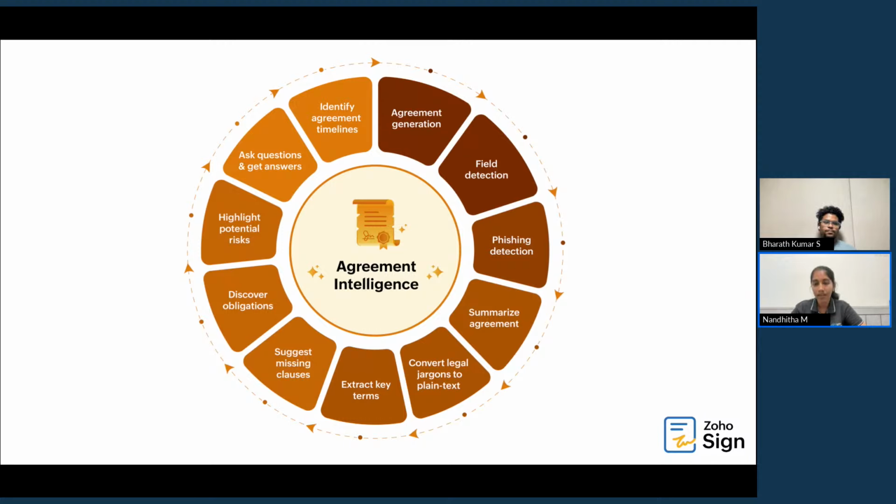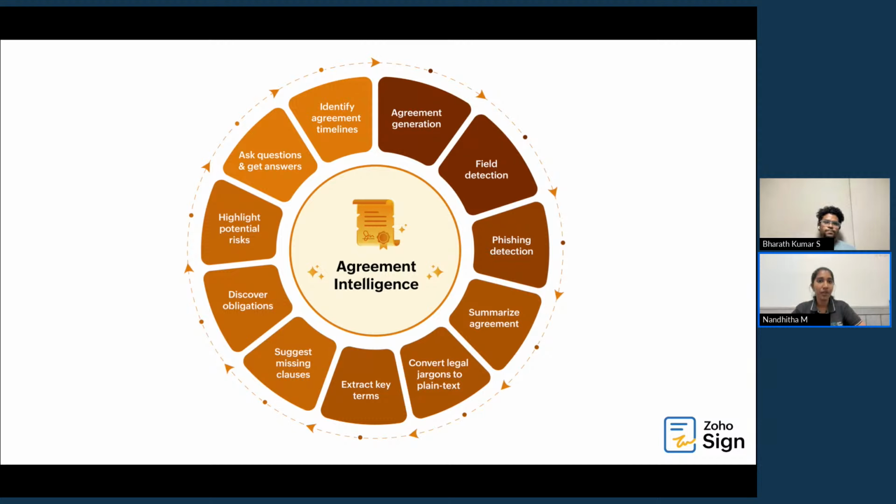And like you can already see, earlier we had more generic features, but we have more legal focus right now. So we are trying to help you to both abide by the different agreement timelines, the clauses, understand how to extract clauses as well as a summary, and to discover your obligations whilst also being able to generate a document from scratch and also populate its fields and do these kind of sending tasks as well. So we are focusing both on the legal as well as the user end when we're moving further with the agreement intelligence in Zoho Sign.